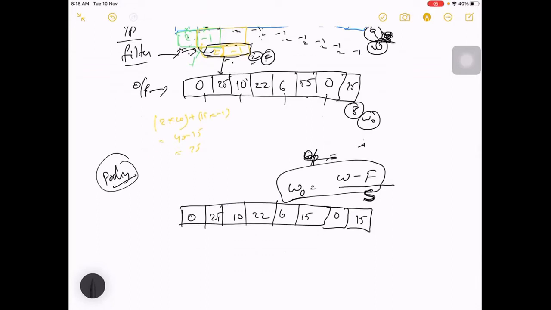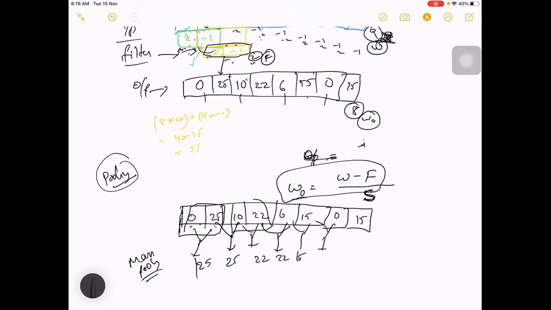Similarly, there is a concept of pooling, where if you take a filter size 2, it will again make it like this. Okay, so instead of 2 numbers, you can take a max. If it is max pooling, you say what is the maximum number within that, and only take that. From here again, what is the maximum number within this? 25. Now this one, what is the maximum number? It is 22. And what is the maximum number? 22. 15. This is 15 again. So your output dimension is even reduced, right?